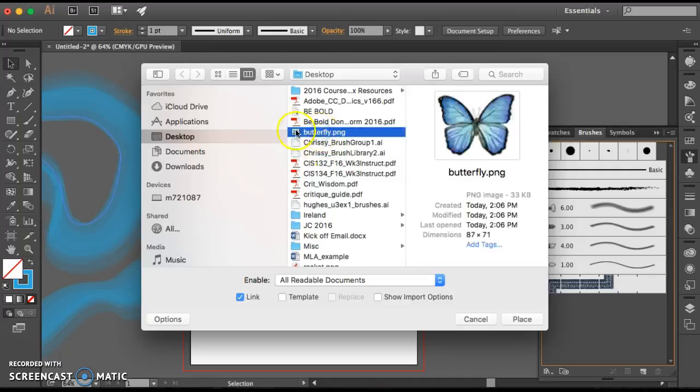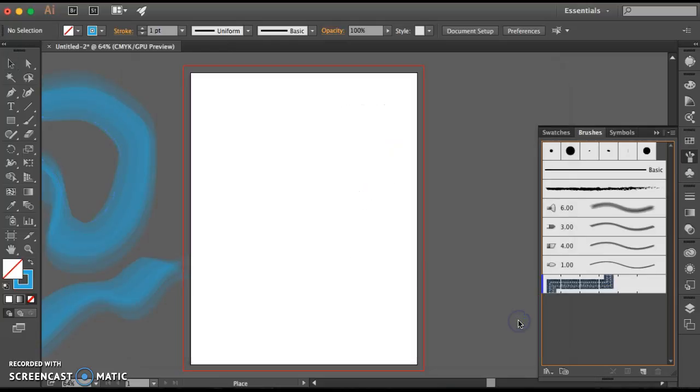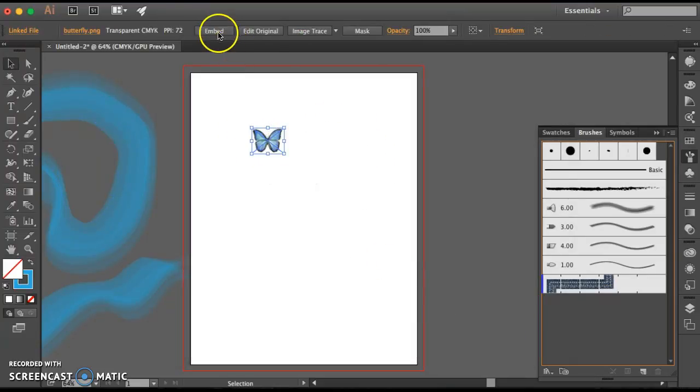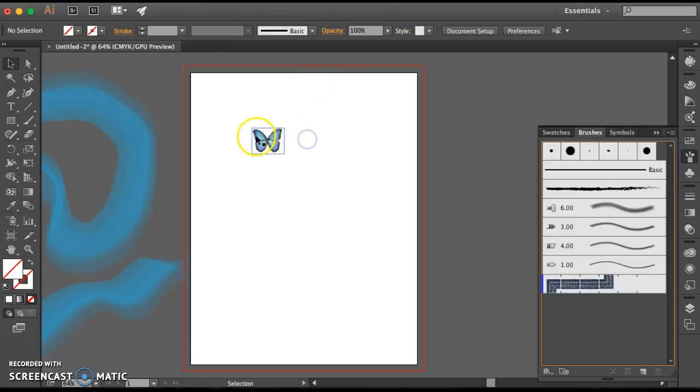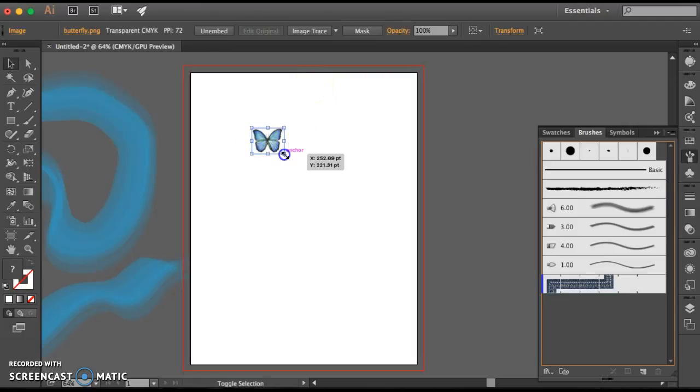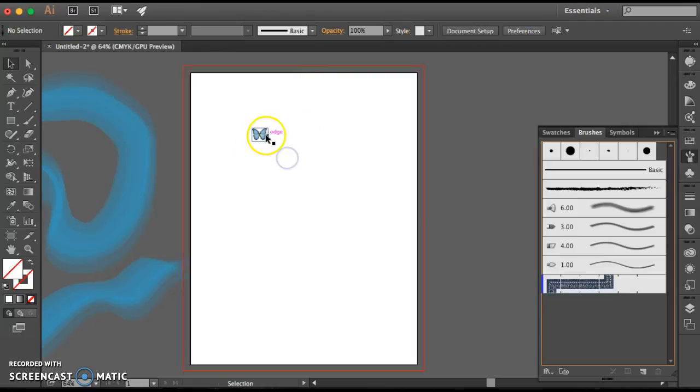I'm going to place the butterfly right in, and then I'm going to embed that so I can do something with it. I'm going to shrink it down just a little bit, and the next step I'm going to do is